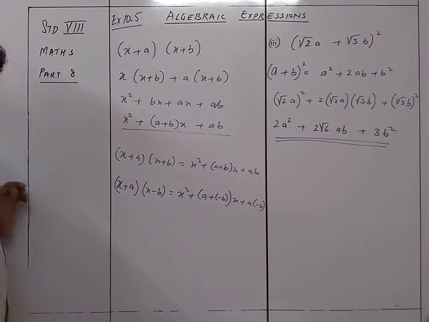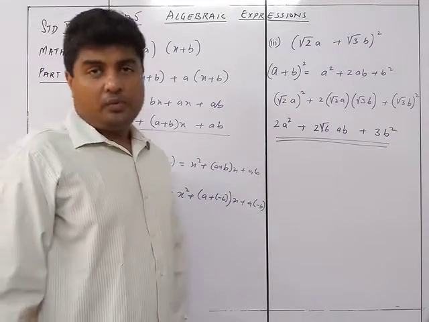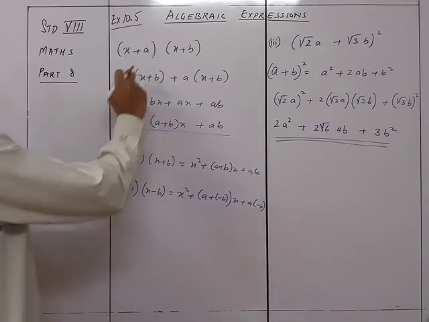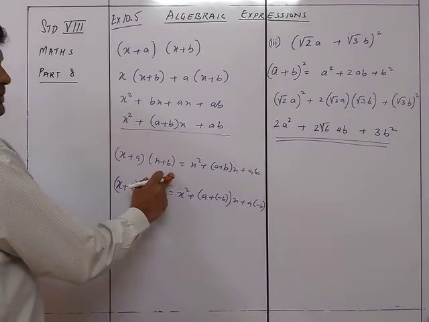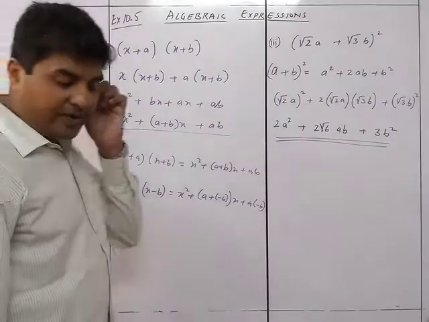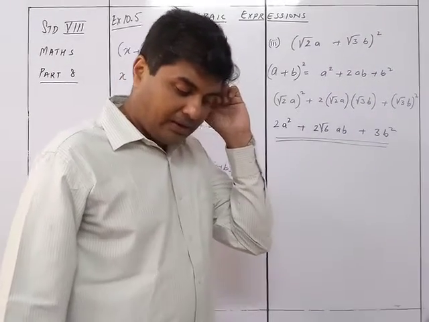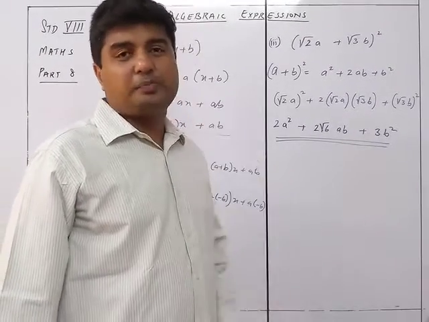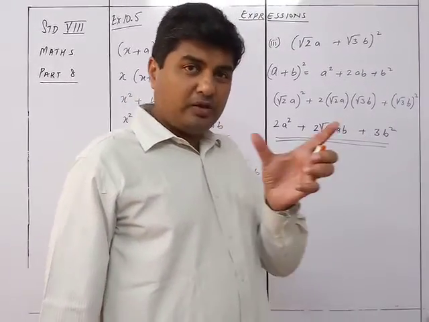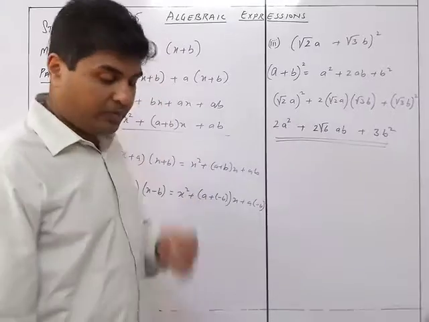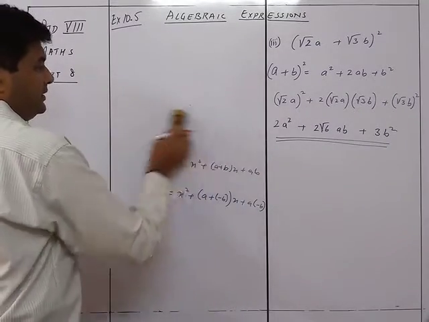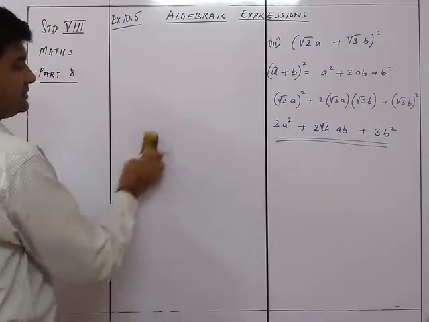This is how we will solve. Okay. So when we see the sum, we'll be able to understand much better. So this is what you are going to use the formula as: (x plus a) into (x plus b) is x square plus (a plus b)x plus ab. There is also a very important formula we need to learn by heart. That is (x plus a) into (x plus b) is equal to x square plus (a plus b) in the bracket x plus a into b. So let's see the exercise.